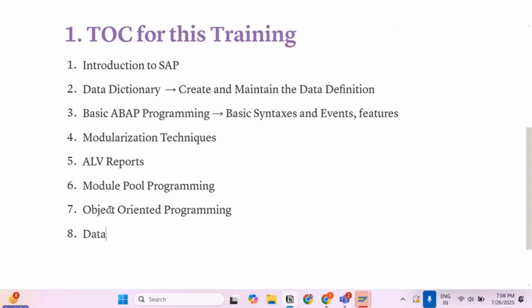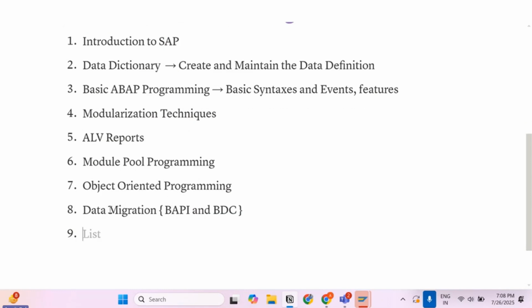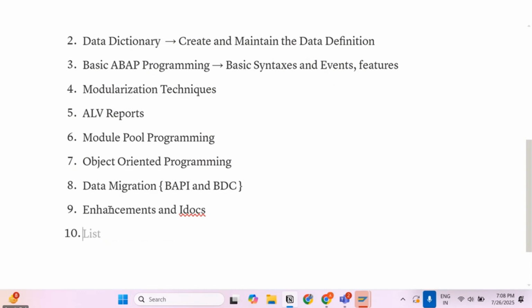Using this, we will be seeing the data migration. So data migration, where we'll be focusing mainly on BAPIs and BDCs. Some part of enhancements and IDOCs. A basic overview will be there on these two things. They are already there in the system from the last 20 years. Once it is done, we will go for smart forms and then we will jump to our second phase of